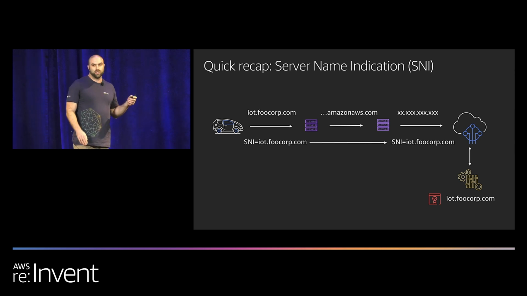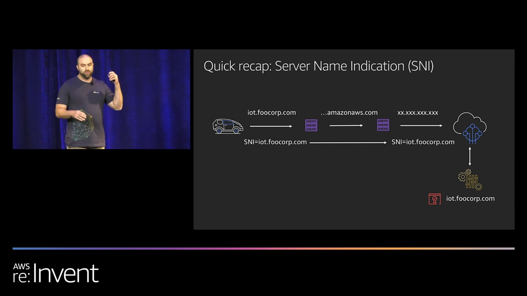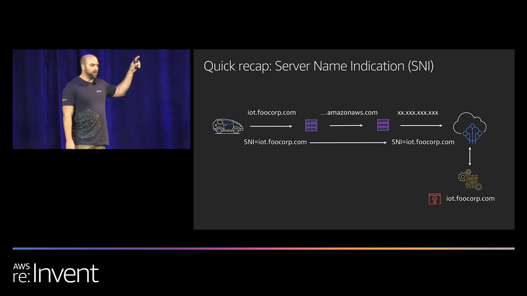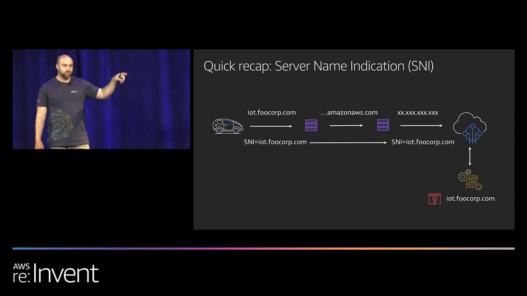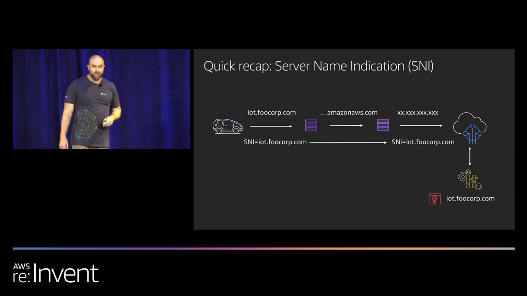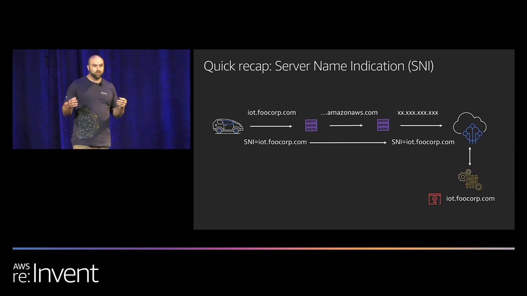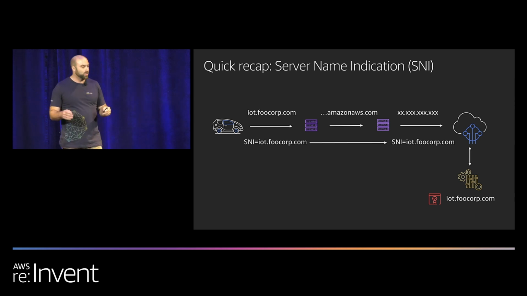So as the device connection request is going through various layers of DNS translation, you can see in this example, going from iot.foodcorp.com to a customer's Amazon-issued AWS IoT Core endpoint, and ultimately to the IP address of our service, the IoT Core is still able to recover the original host name that the device is trying to reach. And what this enables us to do is ensure that we are serving the proper server certificate for your custom